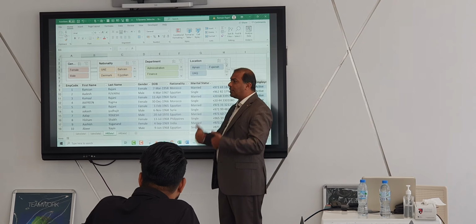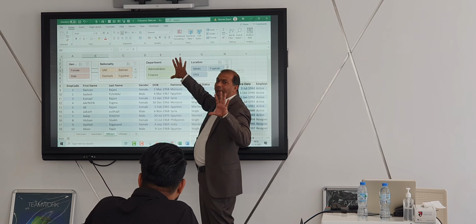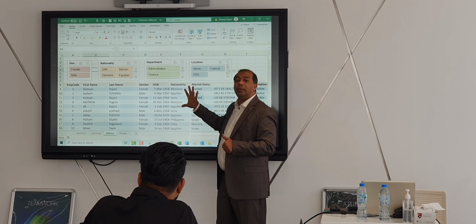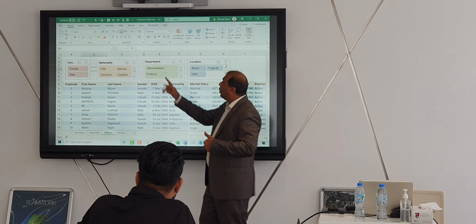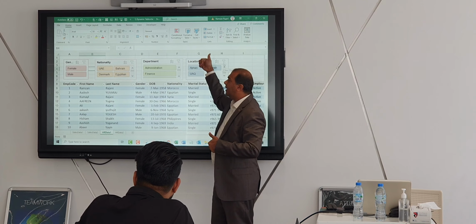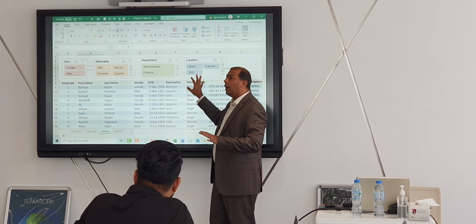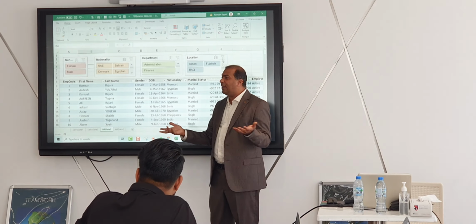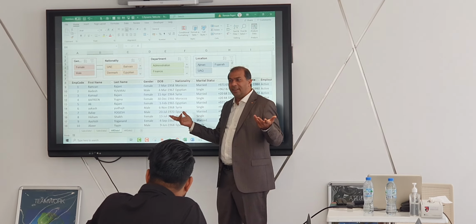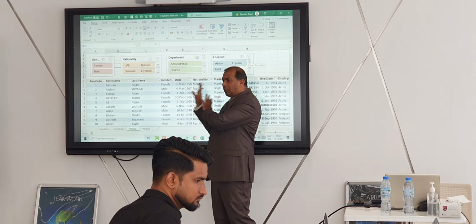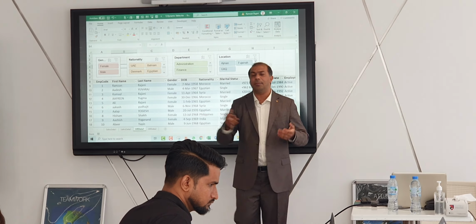So 3 steps. First step is what? Insert a few blank rows. Second step, convert your data into the table. Third step, go to Insert and click on Slicer. Add the slicer, beautifully arrange it, color it, give it to the management and they are happy. Got it? Can you give it a try? So the next 5 minutes is yours to complete. Try it. If you have any problem, ask me, I will solve it.